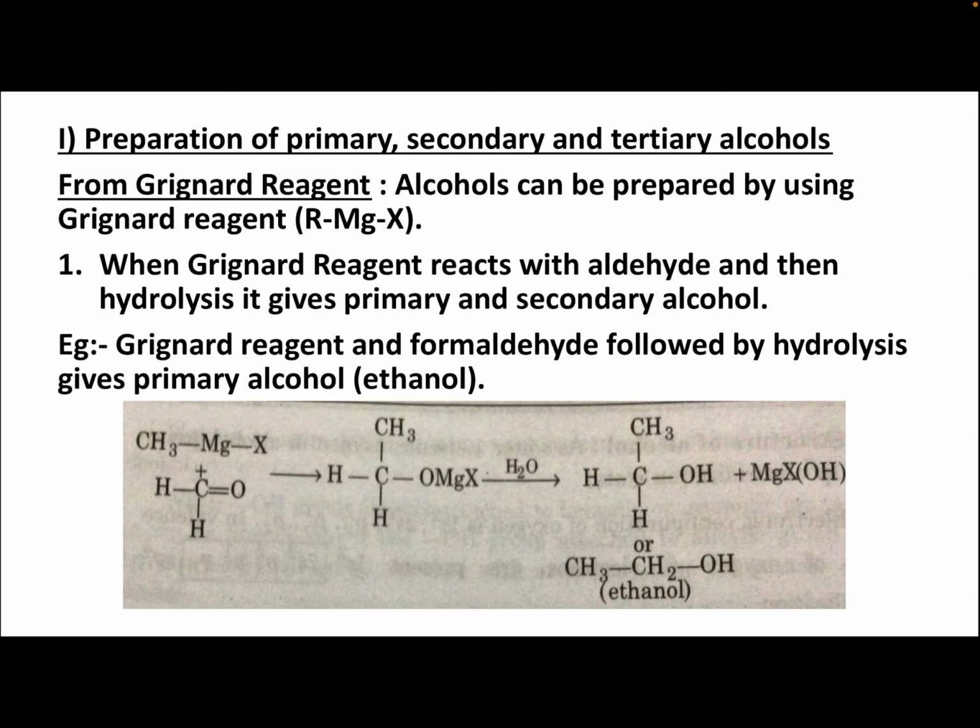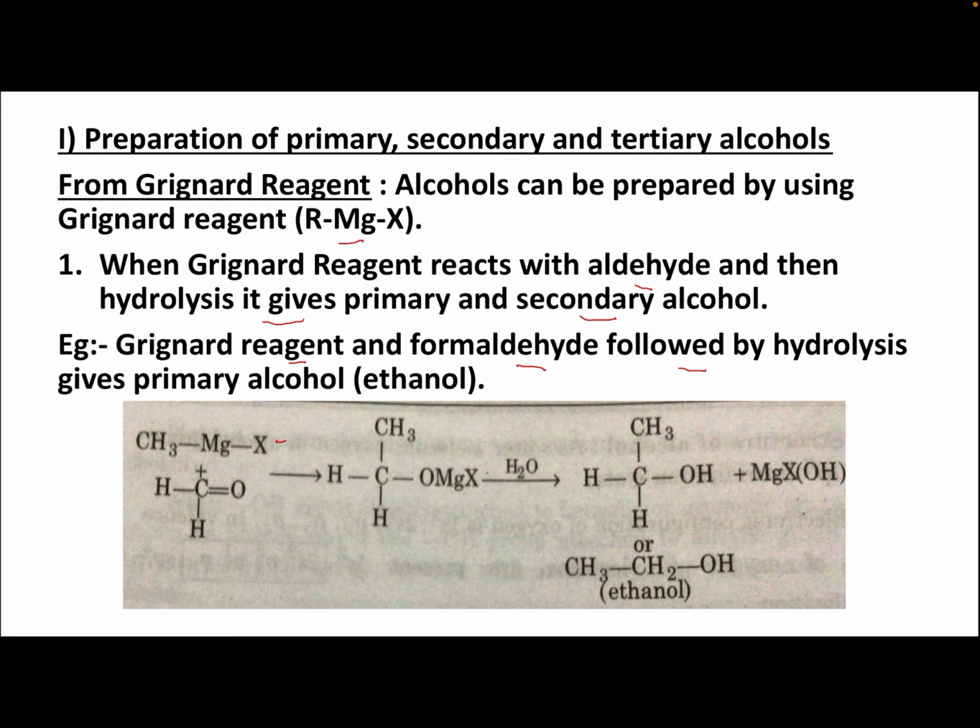Next, preparation of primary, secondary and tertiary alcohol from Grignard reagent. Alcohols can be prepared by using Grignard reagent RMgX. When Grignard reagent reacts with aldehyde and then hydrolysis, it gives primary and secondary alcohol. First we will see how primary alcohol is formed. Grignard reagent and formaldehyde followed by hydrolysis gives primary alcohol.